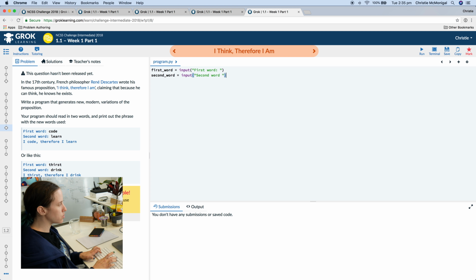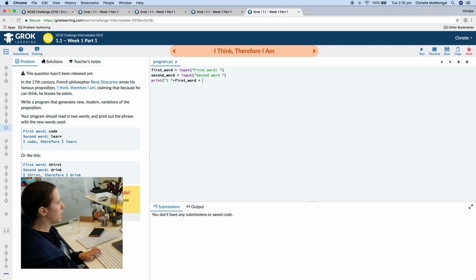And I'll make an intentional mistake there so you can see how the marker is going to work. And then we want to print I plus the word spelled right